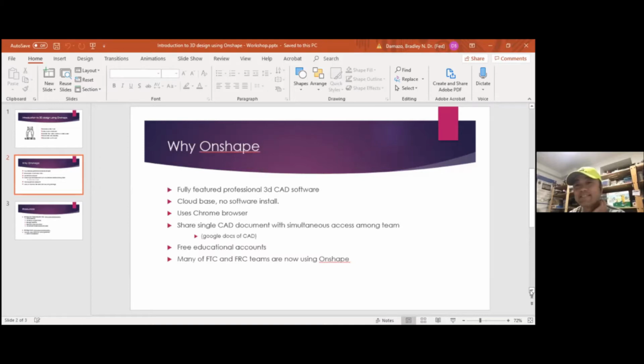It's a cloud-based system, so there's no software to install. It uses a Chrome browser, so it's like a Google Docs of CAD. It's cross-platform compatible, so you can be on a Mac, you can be on a PC. You can log in at home, you can log in where your team is working on building the robot, and